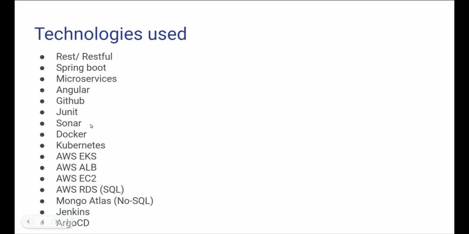We have used Sonar for code quality checks. Also for containerization, we have used Docker and Kubernetes. And to deploy this whole application, we have used AWS and multiple services from AWS. Also, we have used SQL as well as NoSQL, that is MongoDB and SQL. On AWS, for the SQL we have RDS, we have used those services, and Jenkins and Argo CD for